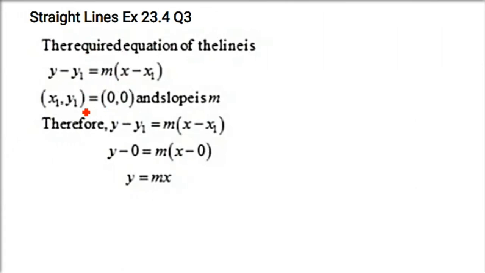Find the equation of a line passing through (0, 0). It is passing through the origin and slope m is given. This is an NCERT question. So wherever we have the line y equals mx plus c, this is the equation of the line, and this is an NCERT question as I just indicated to you.